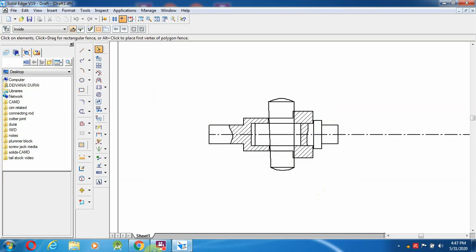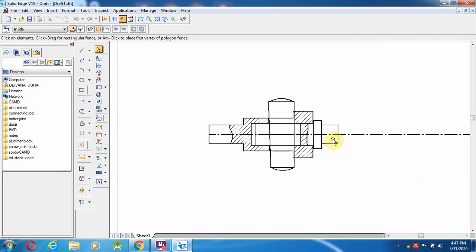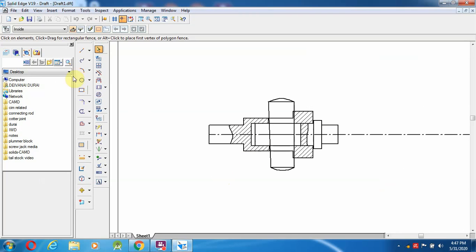So here even in the book they are given a shape like this, like a shaft. Whenever it comes to a shaft or rod, they will be providing these things. Even you can create it or you can leave the straight surface also, it's not an issue. Okay, so with that we are going to stop this quarter joint. So like this way we have to create the quarter joint. The one more thing is left out. Here also we have to make the special line.